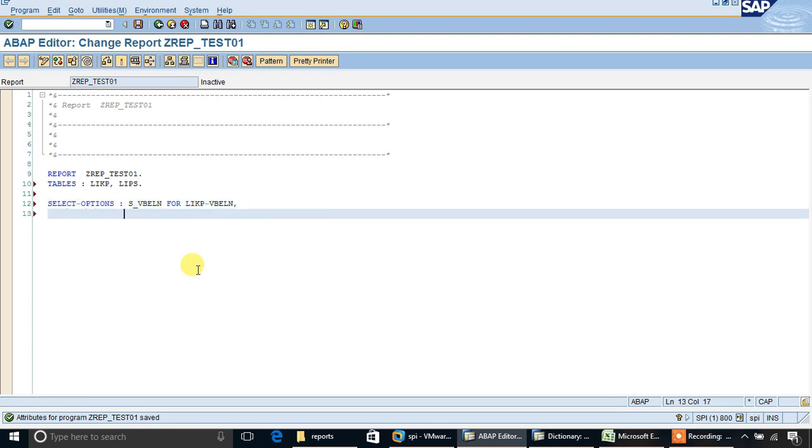Now similarly we declare two other select options. S underscore LFART for LIKP LFART.